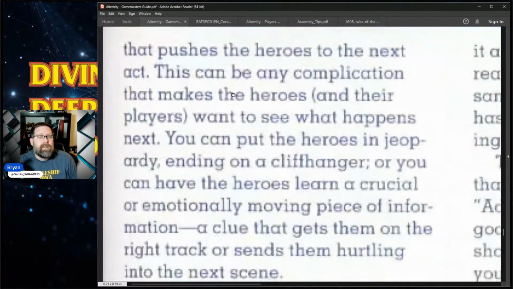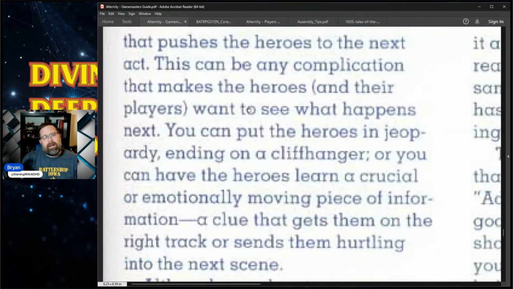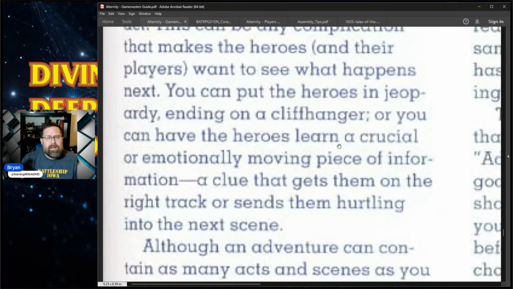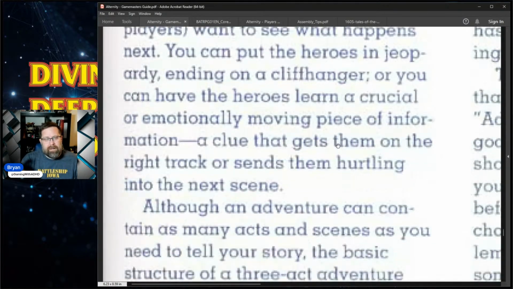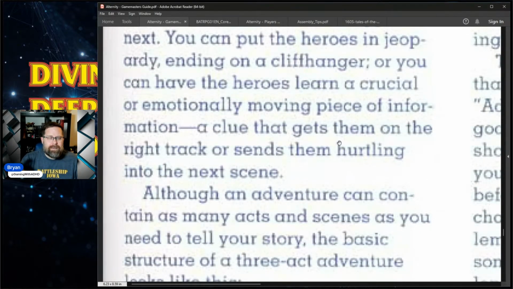All right. That pushes the heroes to the next act. This can be any complication that makes the heroes want to see what happens next. You can put the heroes in jeopardy, ending on a cliffhanger, or you can have the heroes learn a crucial or emotionally moving piece of information, a clue that gets them on the right track or sends them hurtling into the next scene. Although an adventure can contain as many acts and scenes as you need to tell your story,